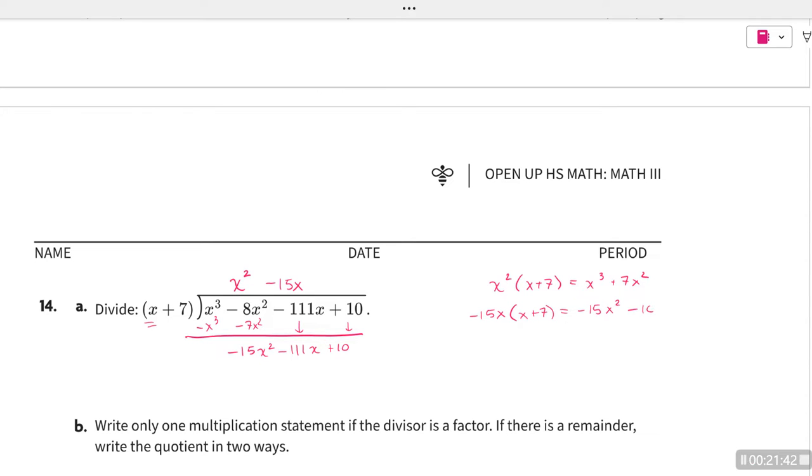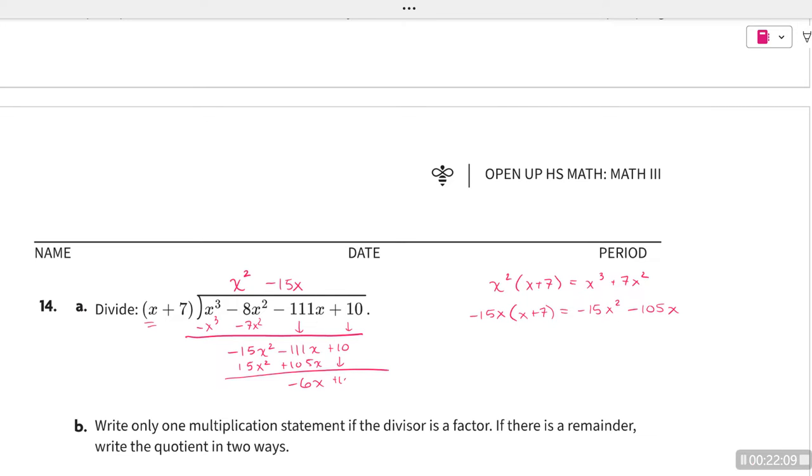Now 15 is negative, so negative 105x. Okay, so remember I have to subtract both those terms. So they're both going to turn to positive when I subtract them. So plus 105x. I forgot the x there. There we go. So 105 minus 111, or negative 111 plus 105, is going to give us that negative 6x,